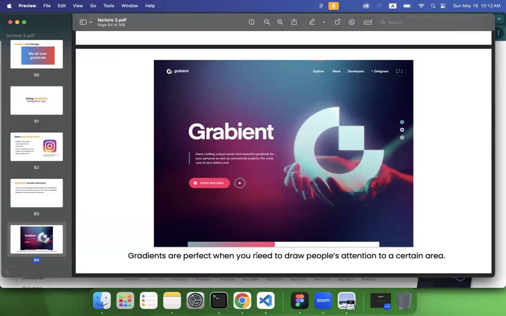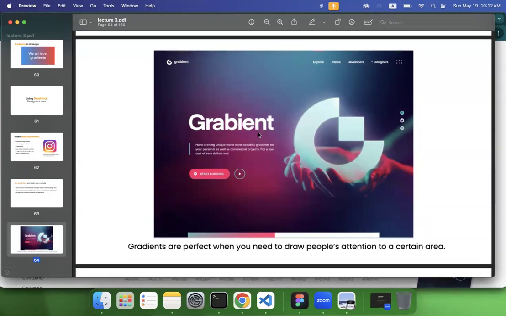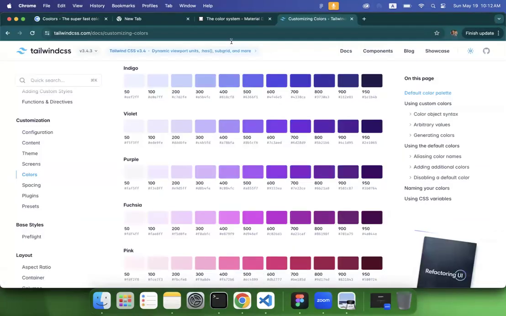Gradients are perfect when you need to draw people's attention to certain areas. This is the prominent area with the text, the description and the call to action button. The designer wants users to focus their attention here, so they are using the gradient wisely to give the message that they want to give. If we take a website like Stripe,